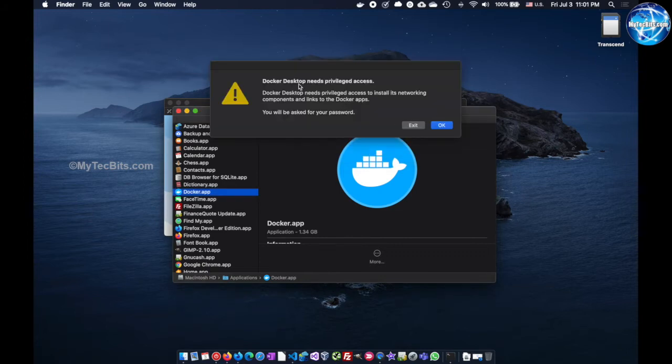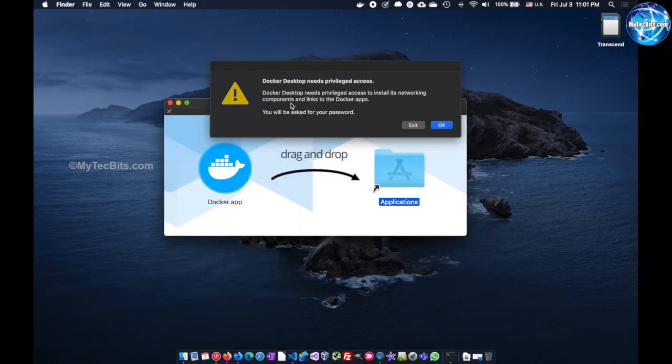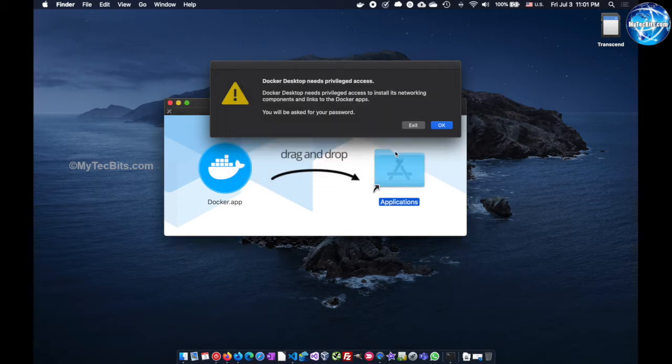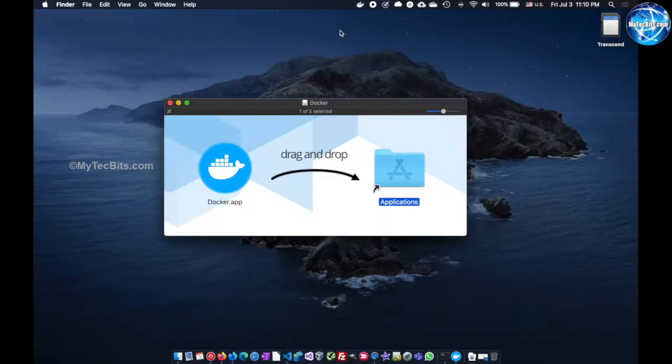When loading Docker for the first time, it will ask for privileged access to install its network helper tool. Press OK and provide the access by entering your Mac username and password. Wait for a few minutes for the Docker user interface to load.